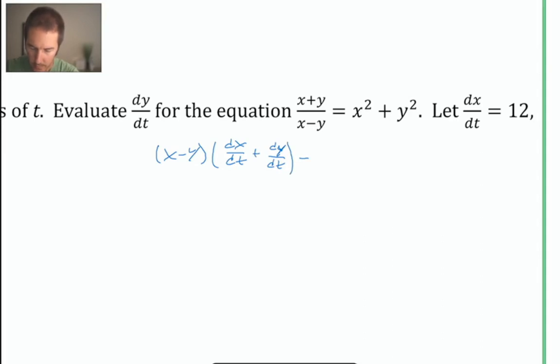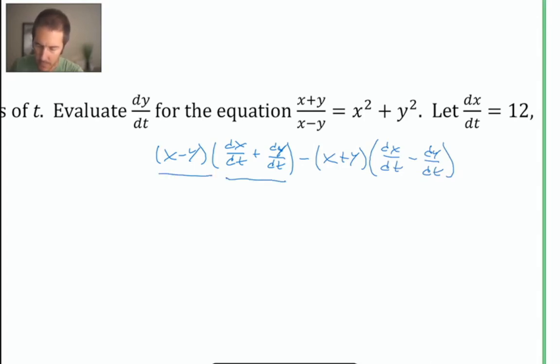Minus, low d high minus high d low, x plus y times the derivative of the denominator, which is dx dt minus dy dt. So this is the denominator times the derivative of the numerator minus the numerator times the derivative of the denominator. That's the quotient rule. All divided by, as part of the quotient rule, the denominator squared, that's (x minus y) quantity squared,